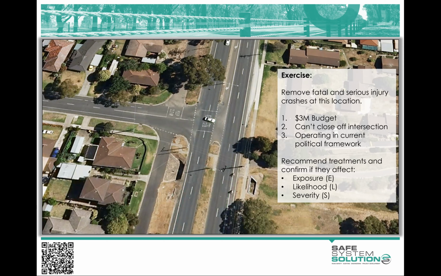I'll throw one in, Ken. What about if you put a roundabout in there? How much would a roundabout cost? Okay, a full-size roundabout, meeting the Austroads Guide to Road Design Part 4B. Is that roundabout? I think. Yeah. Would cost you $5.8 million. So you can't afford to do that.